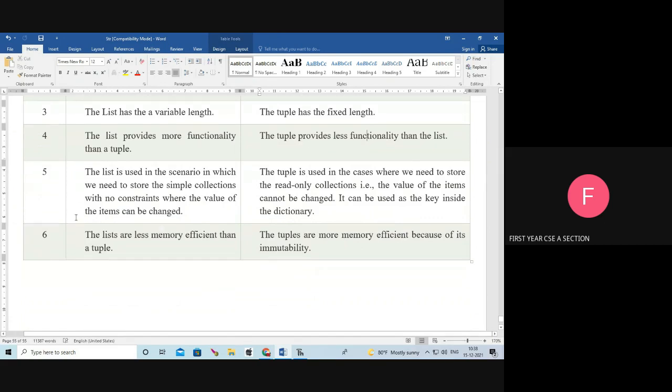A list is better for the scenario where we need to store simple collections with no constraints. A tuple is for storing read-only collections. Lists are less memory efficient than tuples, while a tuple is more memory efficient.